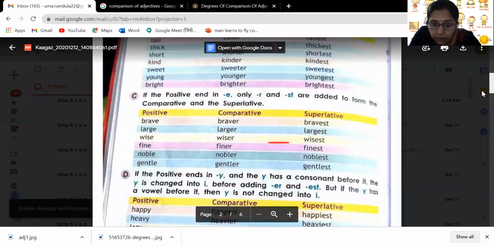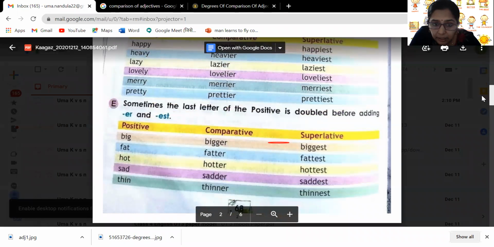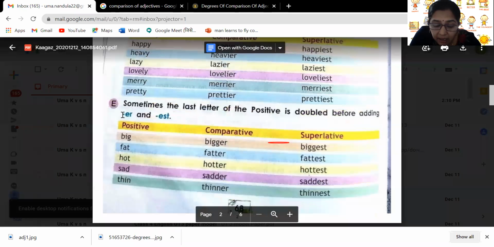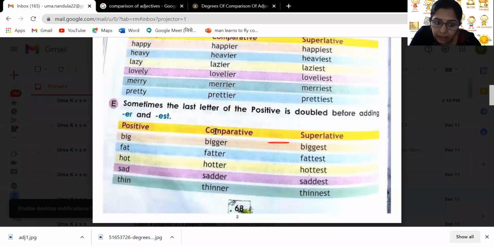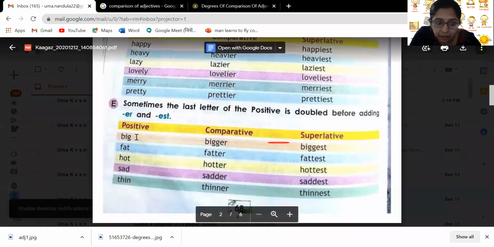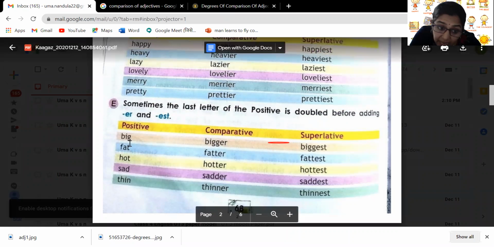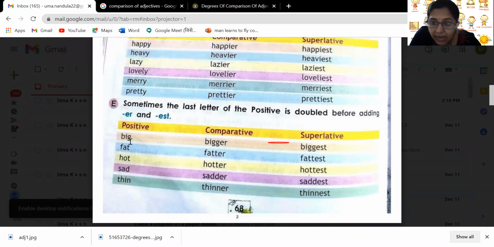I'll be going to the next category. Sometimes the last letter of the positive is doubled before adding ER and EST. Like what? Let us see. Big, you have to add bigger, biggest. Fat, fatter, fattest. See the last letter here, G, it becomes doubled, B-I-G-G, and you add ER to it, bigger